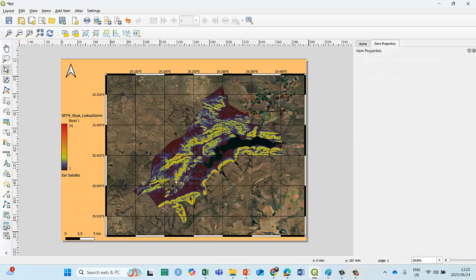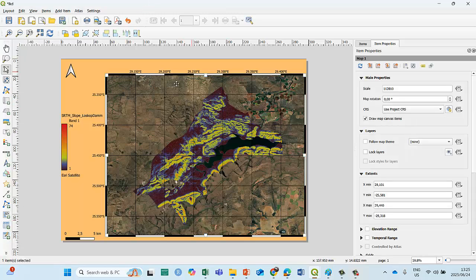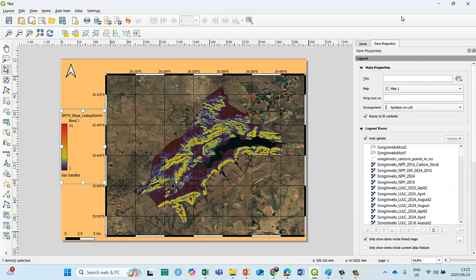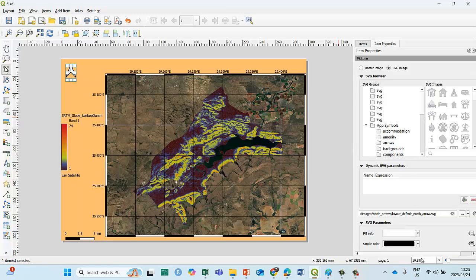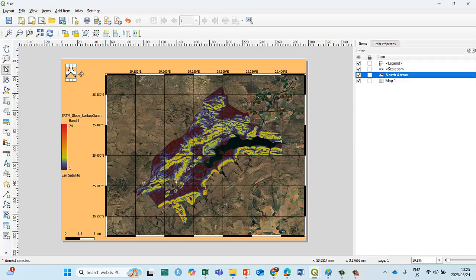There's a whole lot of things, attribute tables, etc. Just remember, if you left click on an item within your canvas, it appears here. But also if you look at the items, all of your items, you've got a legend, a scale bar, a north arrow, and you have your map. So if you click on each of them, you go to item properties, and it gives you all the properties related to each of these items within your canvas.